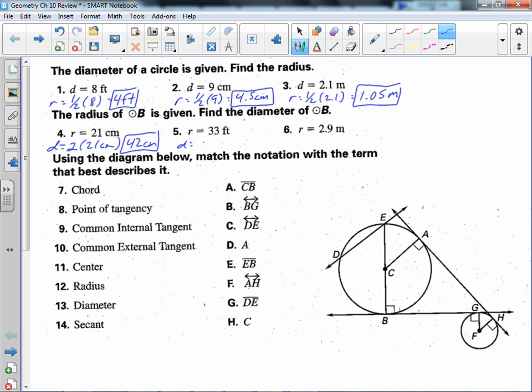Next one is going to be 2 times 33, or 66 feet. And the last one there, that was going to be 2 times 2.9, or 5.8